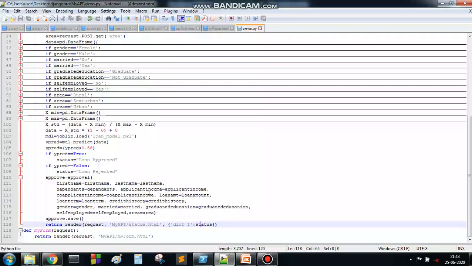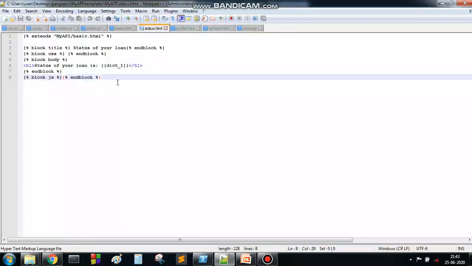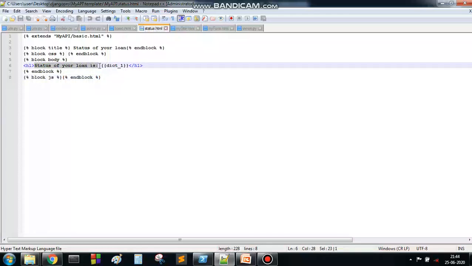In your status.html file, again the same thing: it is extending from basic.html, and the title is changed to status of your loan, and again the CSS block is backend. Inside your h1 tag we are putting status of your loan is, then the variable part. The variable part is enclosed by double curly braces.